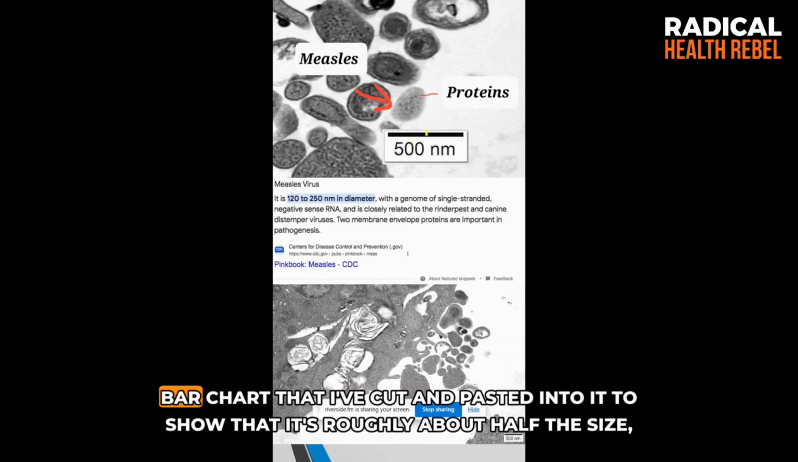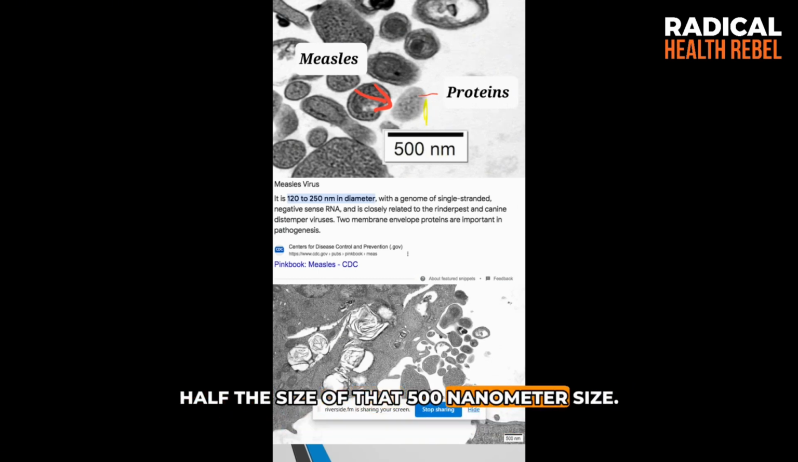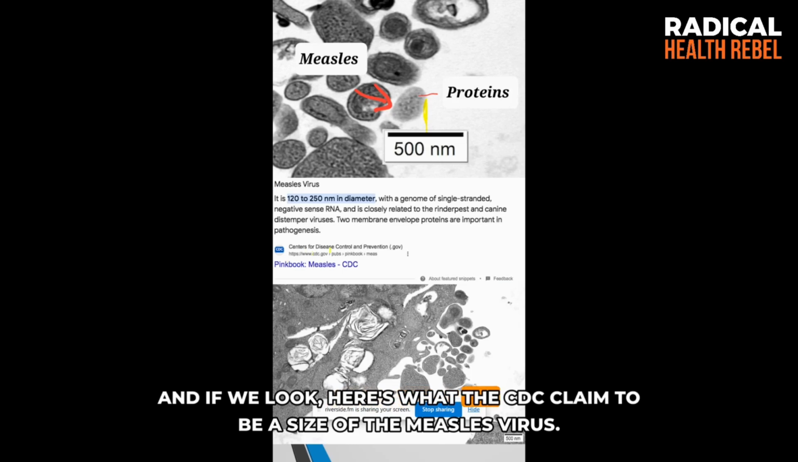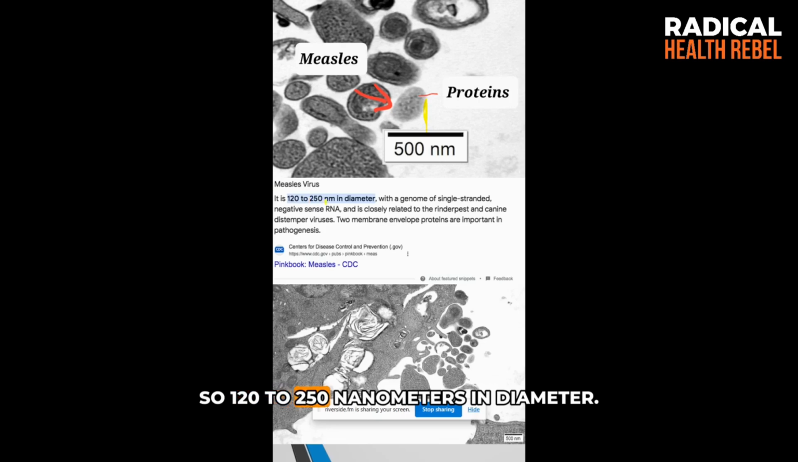Here is the bar chart that I've cut and pasted into it to show that it's roughly about half the size of that 500 nanometer size. So it's about 250 nanometers top to tail. And if we look, here's what the CDC claim to be a size of the measles virus, 120 to 250